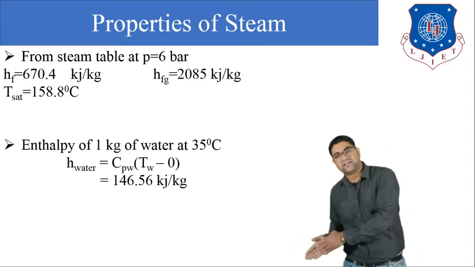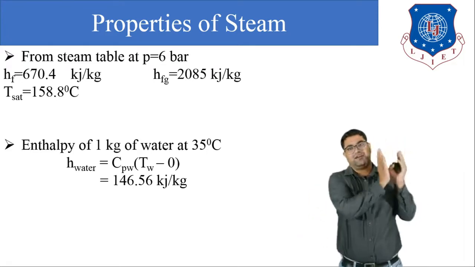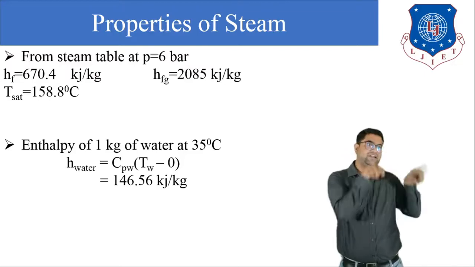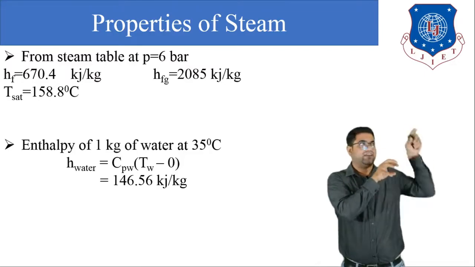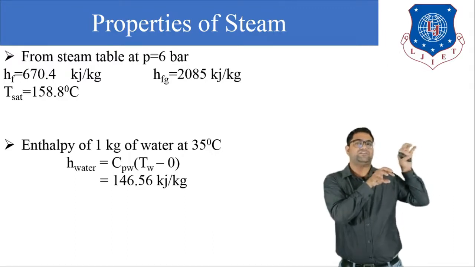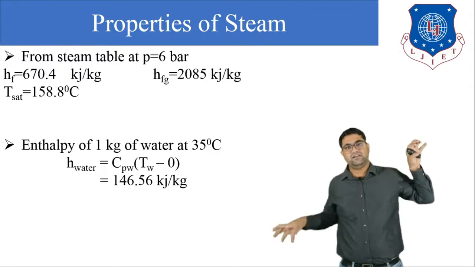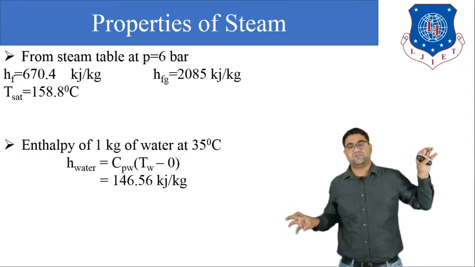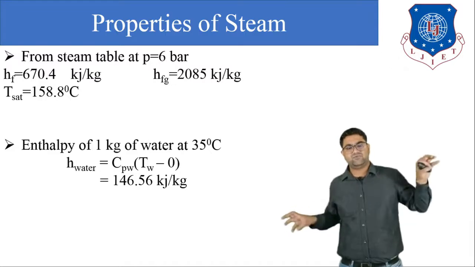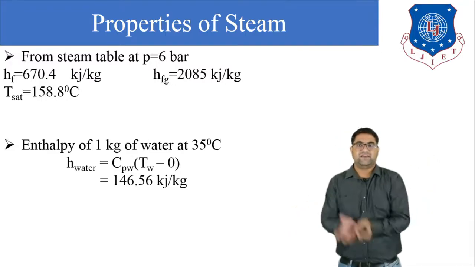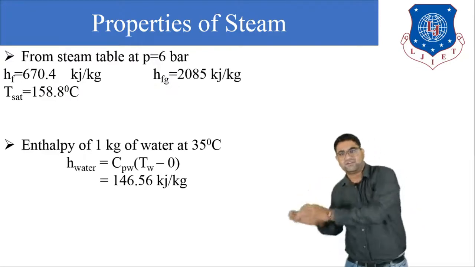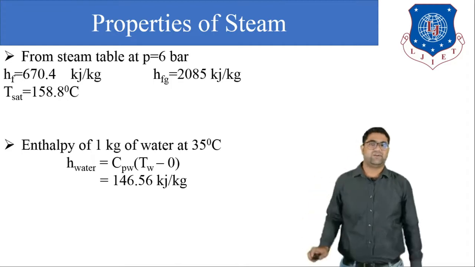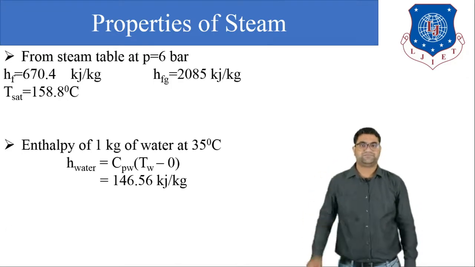Now from this enthalpy we have to heat it up and convert it into the superheating condition. If we have the enthalpy at the superheating condition, then we can say that this much energy is stored in the steam, and 146.56 kilojoule per kilogram of energy is already stored in the water. If we subtract these two energies, then we can understand how much heat is required to convert this water to this steam. So second, we have to calculate the enthalpy of superheated steam.